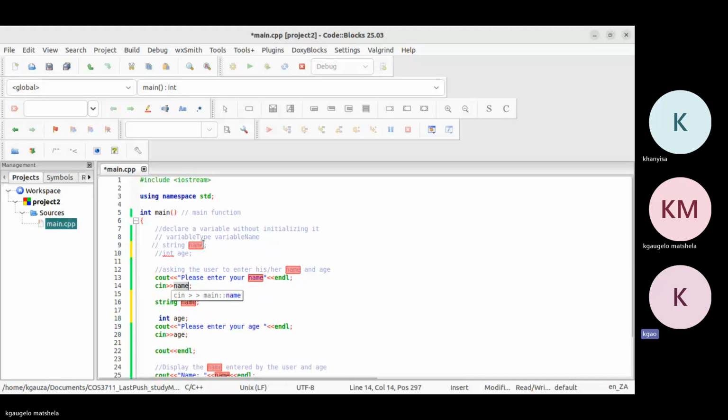And another thing, when you have a string here, when you are asking the user, it means the compiler is expecting a string. So whatever the user enters there will be represented as a string. Also, when you say age, the compiler is expecting the user to enter an integer. If the user doesn't enter an integer there, then it's going to be an issue. So now if we run the code,